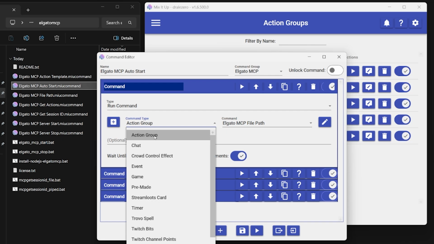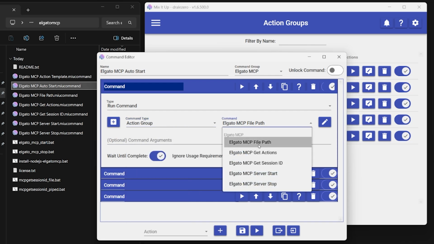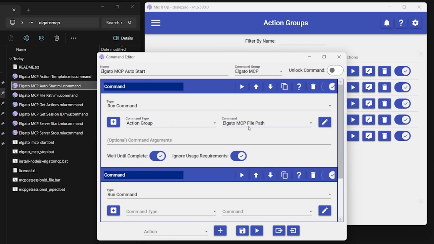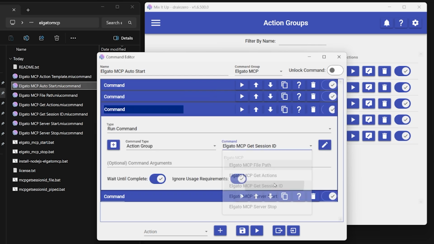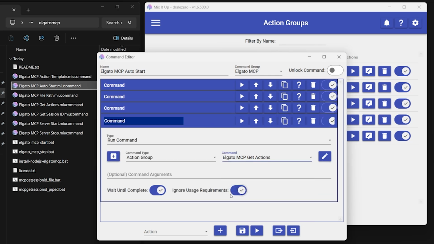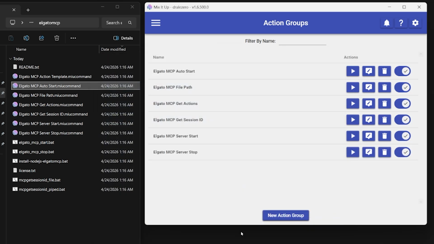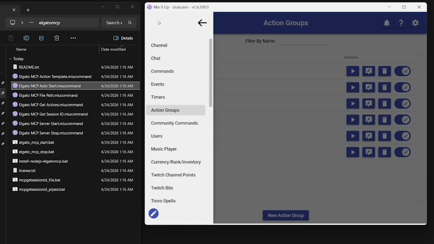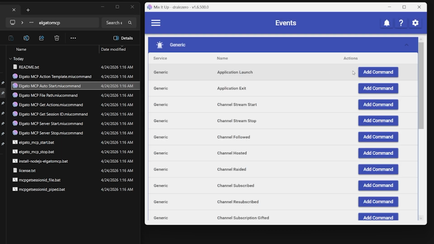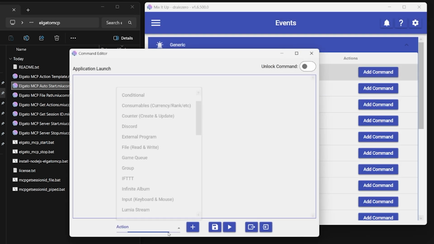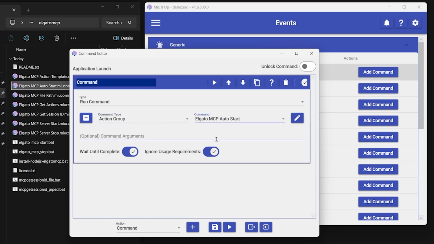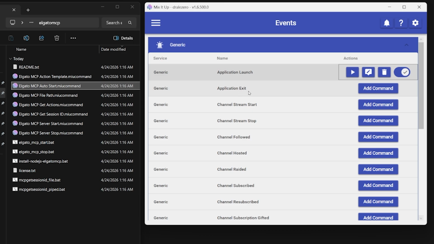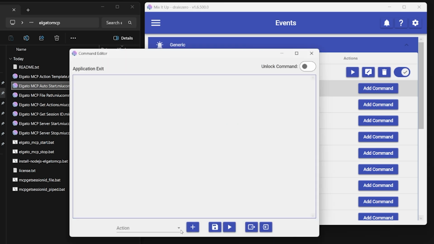Now you can select the action group and commands, starting with file path, because the first thing to run is setting the file path into the special identifier. Next is server start, get session ID, and get actions, and save the auto start. You can now add the auto start to the generic event of application launch. Add the command action group auto start. And on application exit, add the command